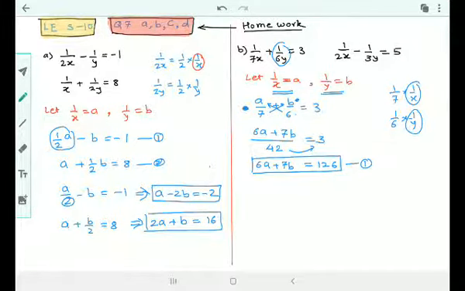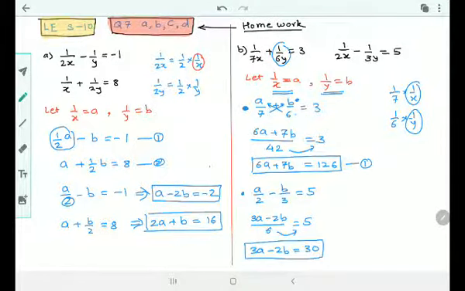Let me go for the second now. The second equation says, if I substitute the same way, I hope you can understand now, a by 2 minus b by 3 is equal to 5. Right? Again I can cross multiply. So what did I get here? 3a minus 2b upon 3 into 2, what is that? 6, is equal to 5. Correct? Fantastic. Shifting 6 to the other side, I get 3a minus 2b is equal to 30. And that's my new equation, equation number 2.